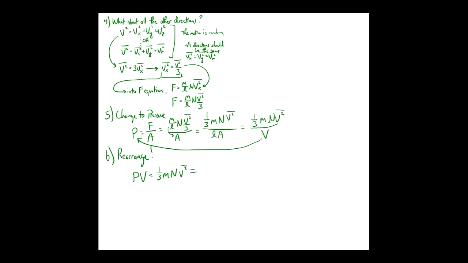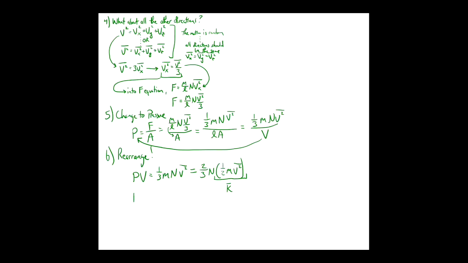I'd actually like to rearrange this a little bit. You might not like this, but you'll see why it's true in a second. I'm going to rewrite this as 2/3 N times 1/2 mv squared average. Multiply that back through and you'll see that it's exactly the same as what we had before. I basically wanted to get a half, so the way to do that was factoring out a 2/3, okay? Because now I have 1/2 mv squared, which we know is kinetic energy from last semester, right? So this is average kinetic energy,